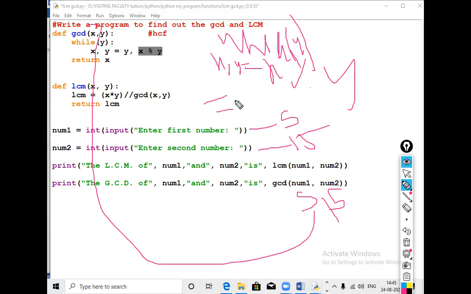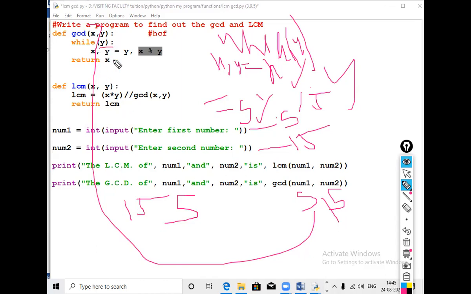First we understand GCD, तो num1 5 है और num2 15, ये आपका कॉपी हुआ 5 और 15। अब x, y equals to y, x mod y। तो x की वैल्यू कितनी है, num1 की तो 5, में 15 का मॉड तो वो होएगा ही नहीं, तो x में कितना आ गया, y की वैल्यू x में आ गई, मतलब 15 और x mod y की वैल्यू y में, x mod y की वैल्यू 5, तो ये 5 आ गई। फिर आगे वापस गया, क्योंकि while y का मतलब है वैल्यू ट्रू है।